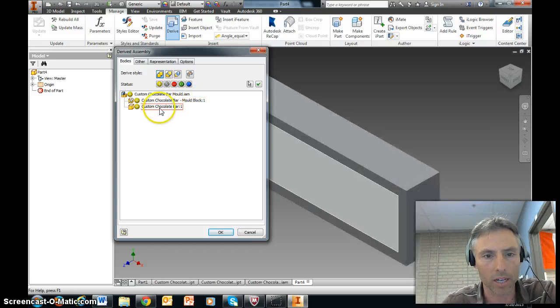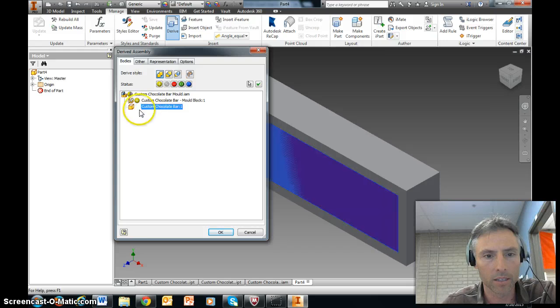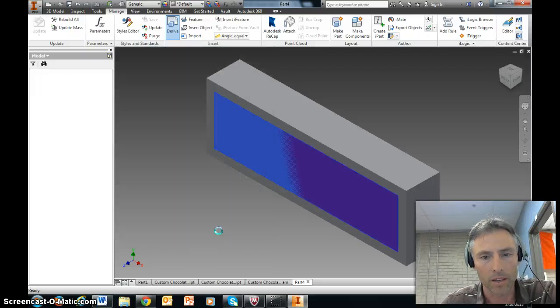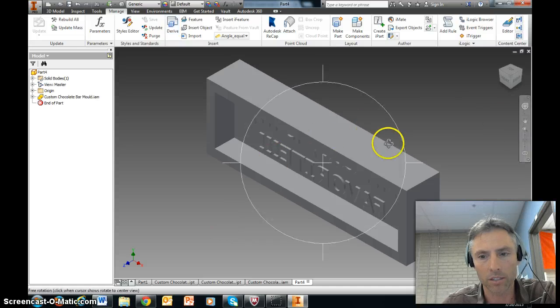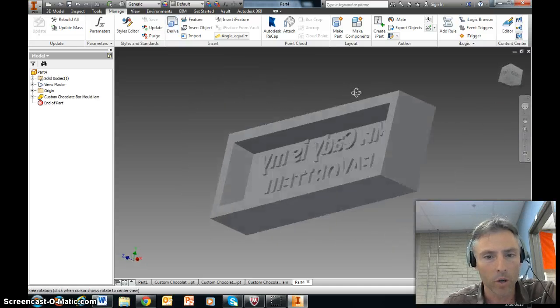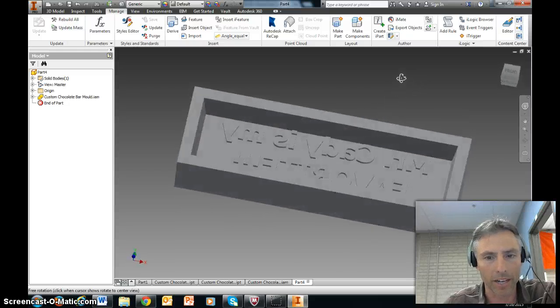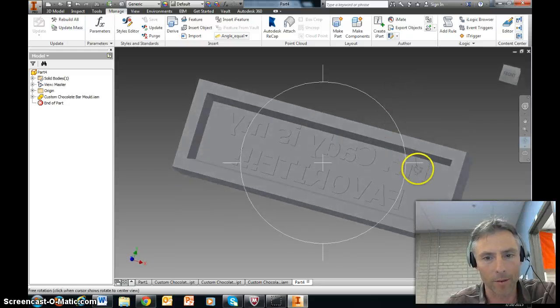But this custom chocolate bar, I'm going to click on it and click on that little plus, and it turns to a negative. And you'll see now what was there is actually now a negative. I'm going to hit OK. And what that's going to do is now bring in this derived component with the cavity of what I shaped, what I had placed there. So you can see that the